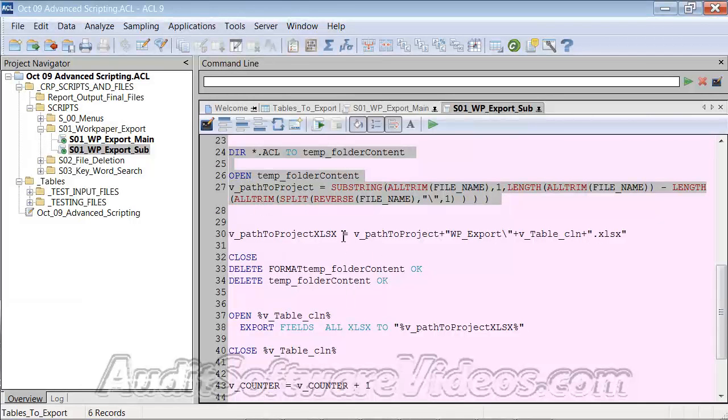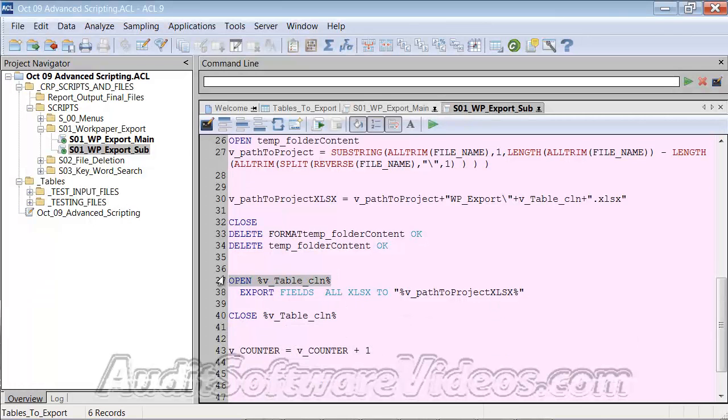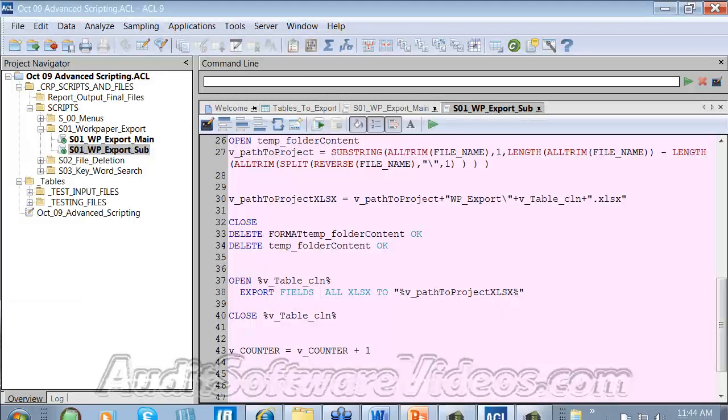And then once I know where I'm going and I've set up this path, I can open up the vtable clean, which is employee master file, and export fields all XLSX, which is Excel, to this vPath2Project XLSX. Now, in doing this, I'm noting a bunch of things with regards to variable names. First off, when you open up a table, you need to put the percentage marks around it. Also, when we are setting up the vPath2Project here, I find it's a good idea to put the percentage marks around it within the quotes, and that way the quotes are there for the most part, so that the structure holds